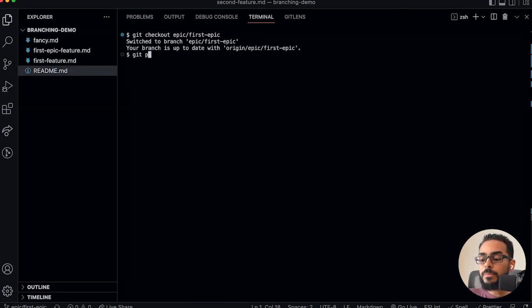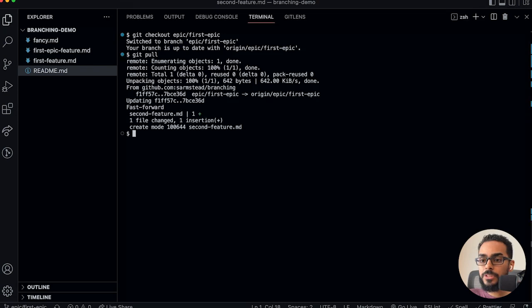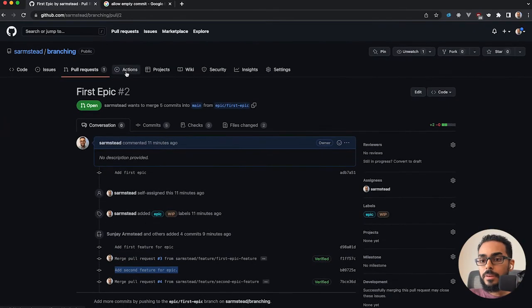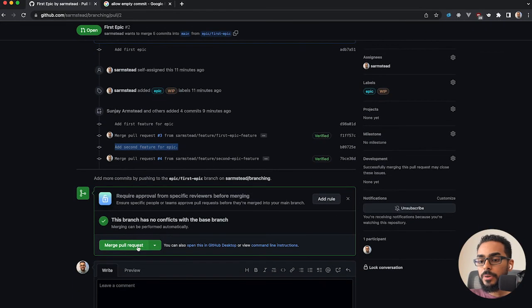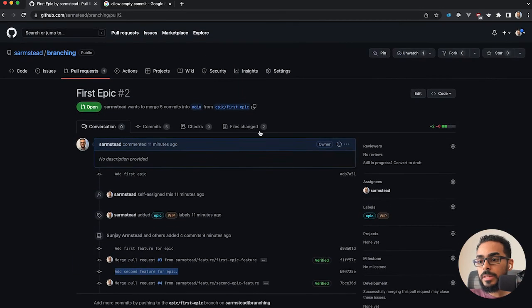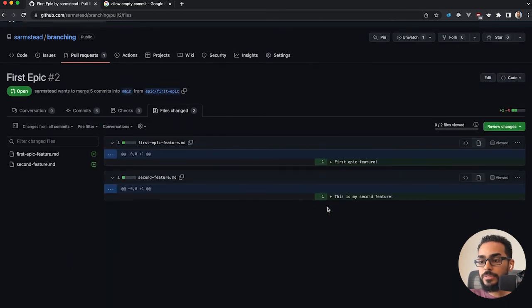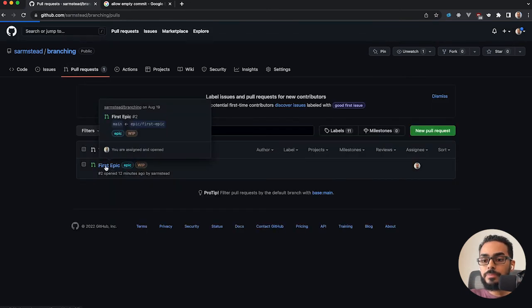Let's go ahead and do git pull, and we set this upstream already, so it's tracking from remote. Let's pull down the changes. Okay, everything's up to date here, so if we are liking the two files that have changed, then we can go ahead and say, hey, let's merge this into the main branch, okay? So we go back here,